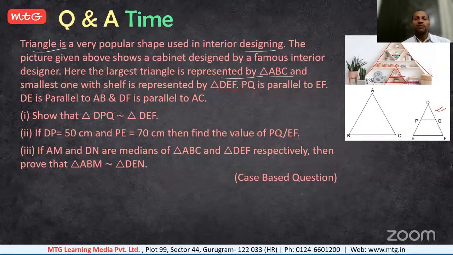Fine. So here PQ is parallel to EF. And it says that DE is parallel to AB. So this side is parallel to this bigger side, and this side is parallel to this side. So that much information they have given. Now what do we have to prove? We have to prove that this small triangle DPQ and this whole triangle DEF